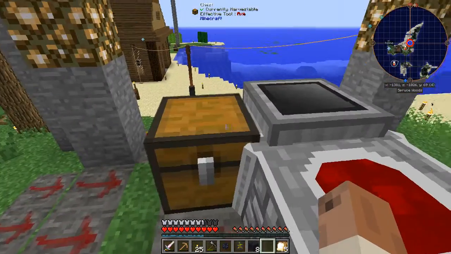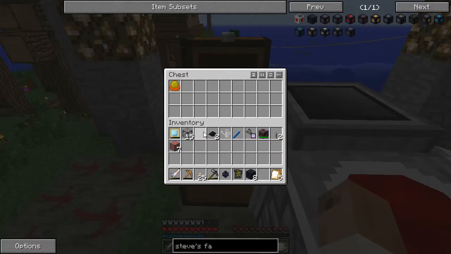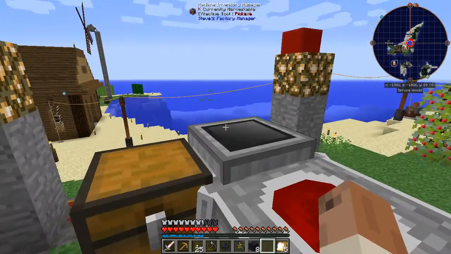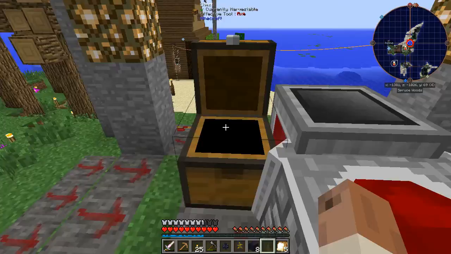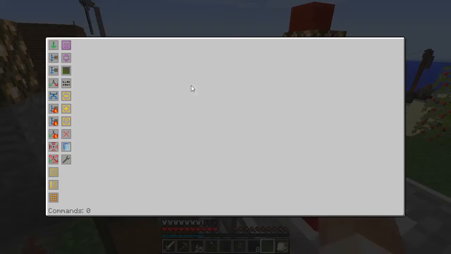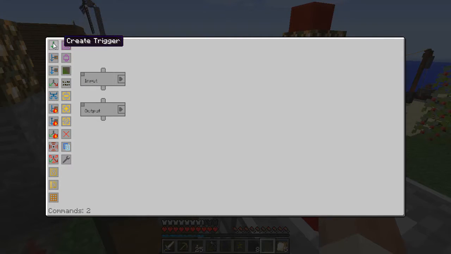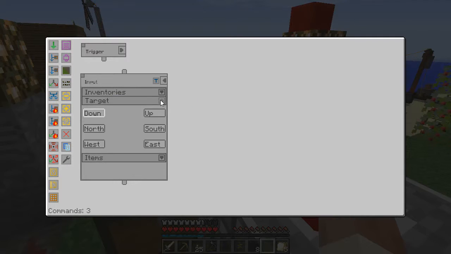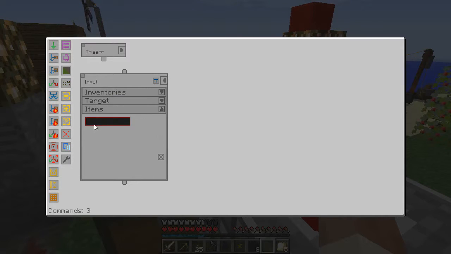Never mind. Okay, so one of the things I'm going to do is, say for example, I need to keep my blood orb in the altar at all times. So what I can do is create an input and an output and a trigger. And I'm going to say, from this inventory, grab the orb,